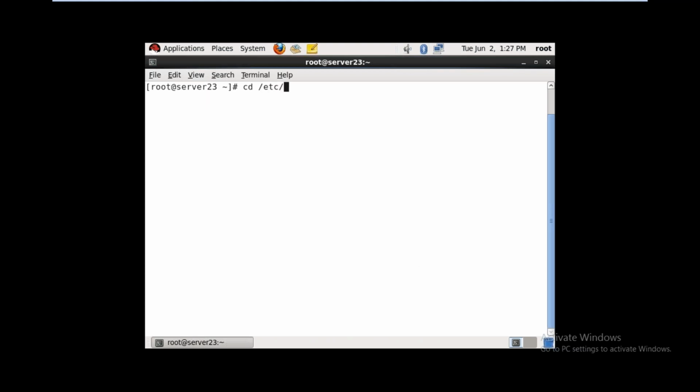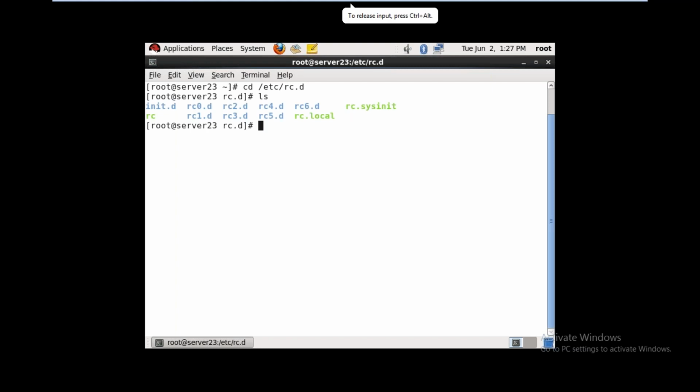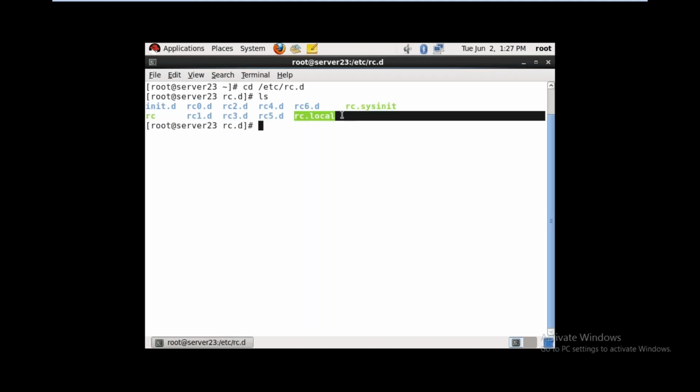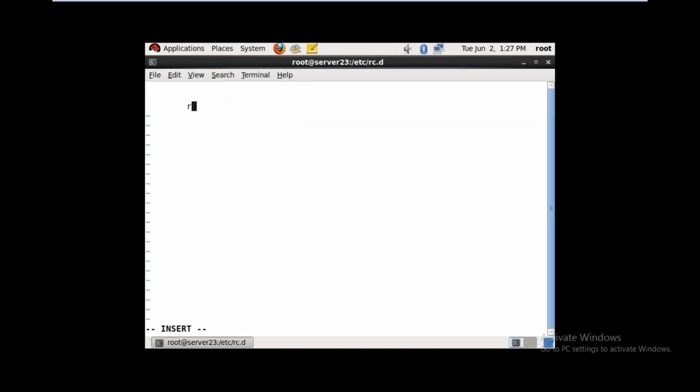Now go to the /etc/rc.d directory. Here, see, we have two files, the rc.sysinit file and the rc.local file. In interviews, they will ask questions about these two files. Now, the rc.sysinit file in Linux. This file executes one time at the time of booting.